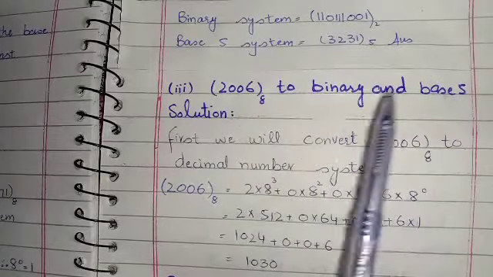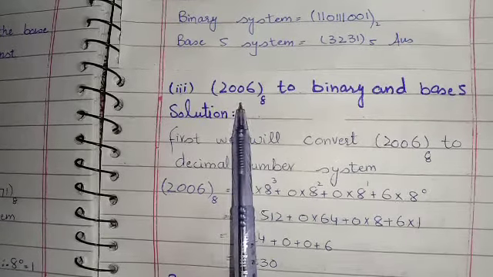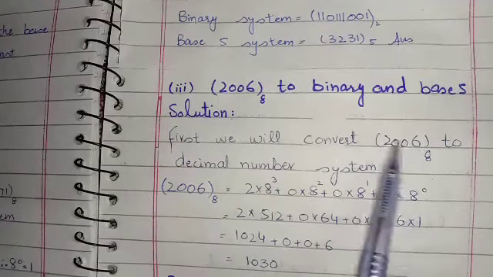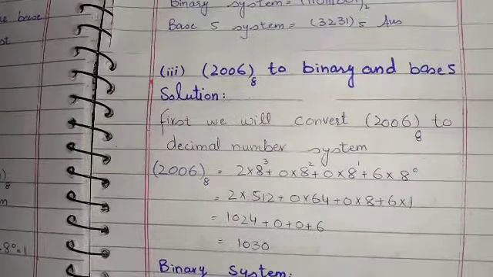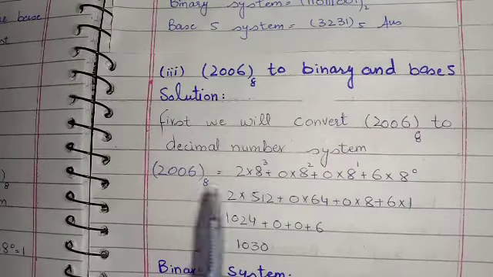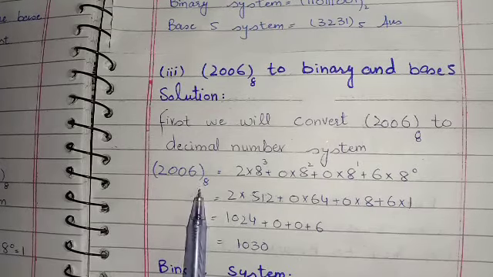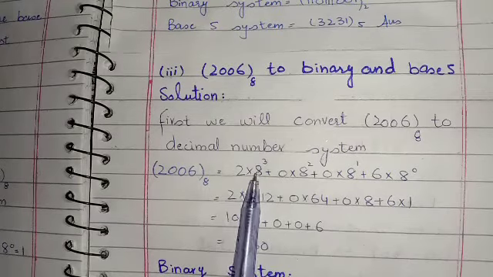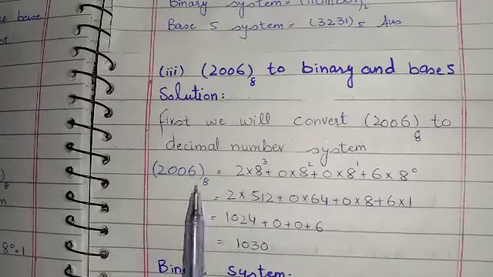As you can see that this is a number given to us of octal number system. We will convert it firstly into decimal number system. We will convert 2006 with base 8 to decimal number system. As you all know that how we will convert this base number into decimal number, we will multiply all the digits with its base and afterwards we will give exponent to them. Firstly, we will multiply 2 into 8 because 8 is our base, plus 0 into 8 plus 0 into 8